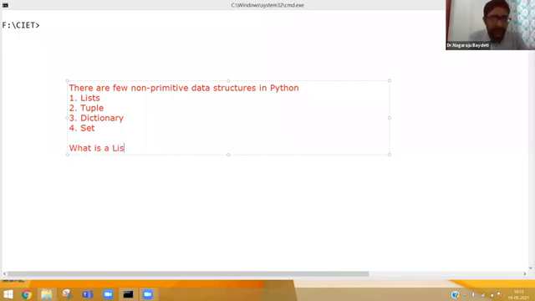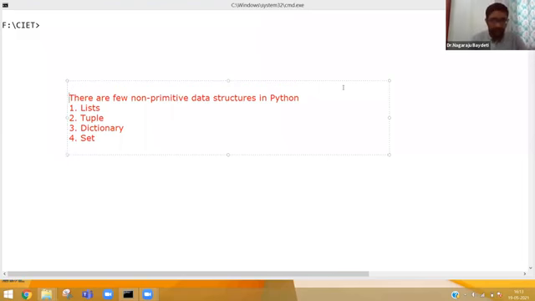Instead of the theoretical part, let me just tell you today's topic 1 will be non-primitive data structures, and topic 2 will be functions and modules in Python. So these are the topics that we are going to understand today.